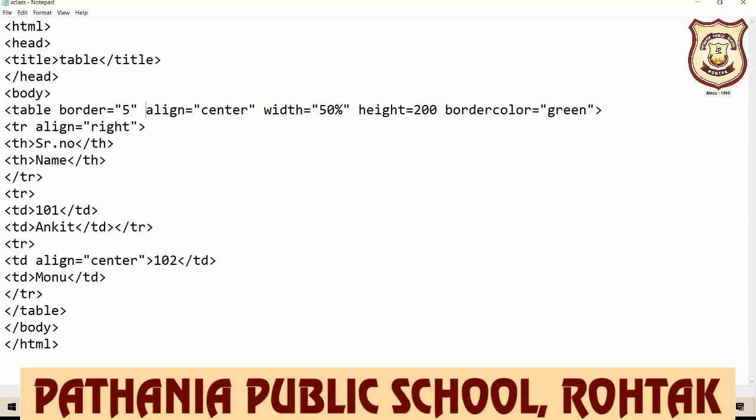Then you can open your notepad file and find 101. Here is your 101. So you can remove the first angular bracket, then give one space here. Then you can write BG color equal to, and then blue, you want blue color, then write blue here and then close the angular bracket.